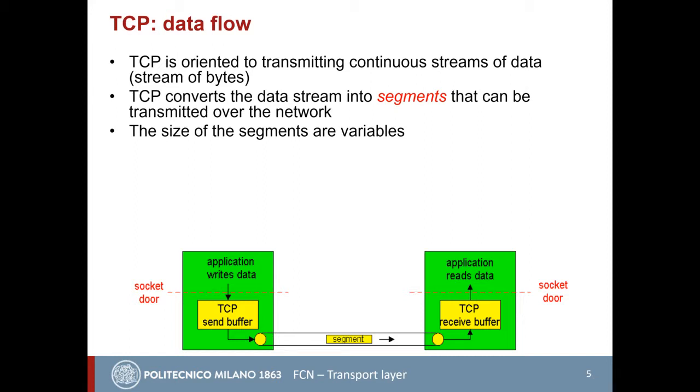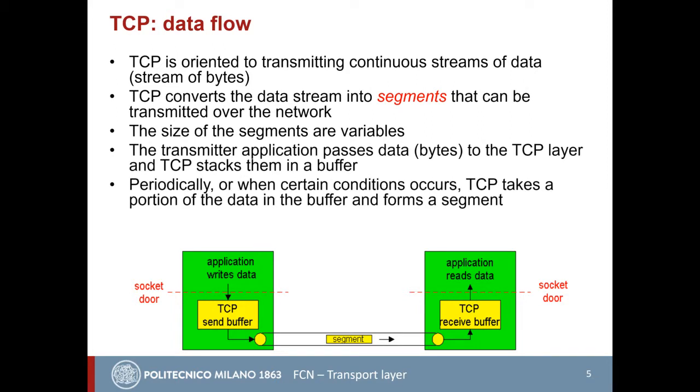Messages are segmented, and the content of the pieces of the messages are encapsulated into the TCP segments. The TCP segments are then encapsulated into IP packets and then sent on the network. At the TCP layer, so at the transport layer, you have an end-to-end flow of TCP segments from one side to the other. The size of the segment is variable,